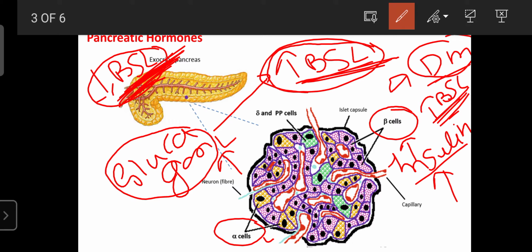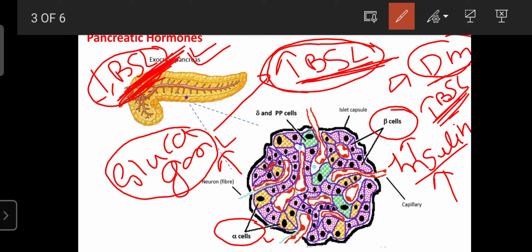Those are present on each and every cell, especially in the muscle cells or normal cells, as well as in the liver cells. There the insulin can enhance the utilization of the glucose, and finally insulin can decrease the blood sugar level. So like that the alpha cells and beta cells secrete the glucagon and insulin. These are the two hormones from the pancreatic gland, and they are involved in the regulation of the blood sugar level.